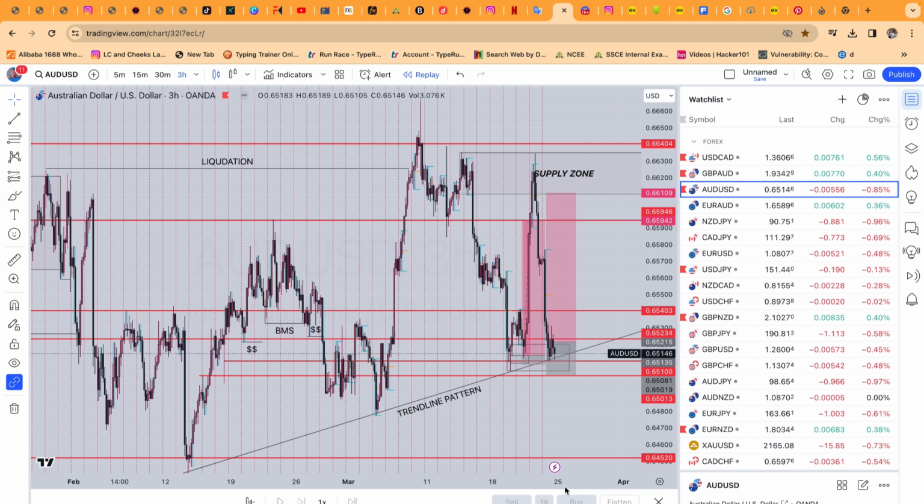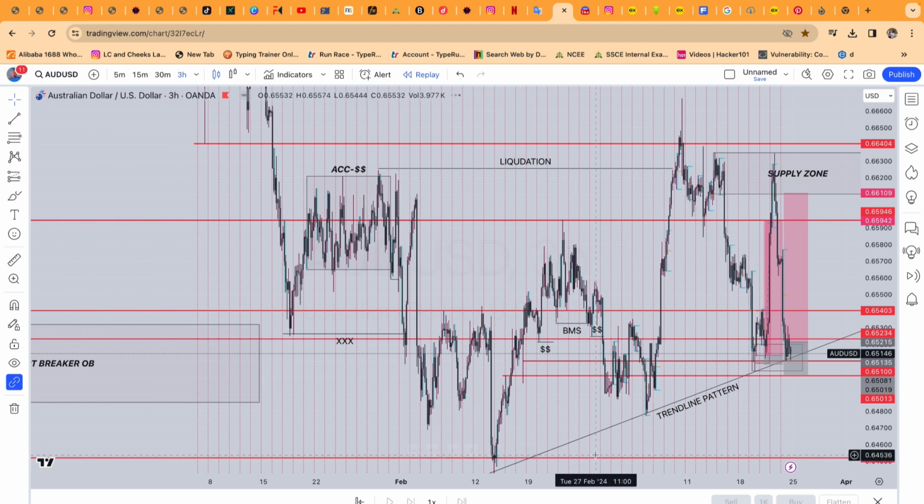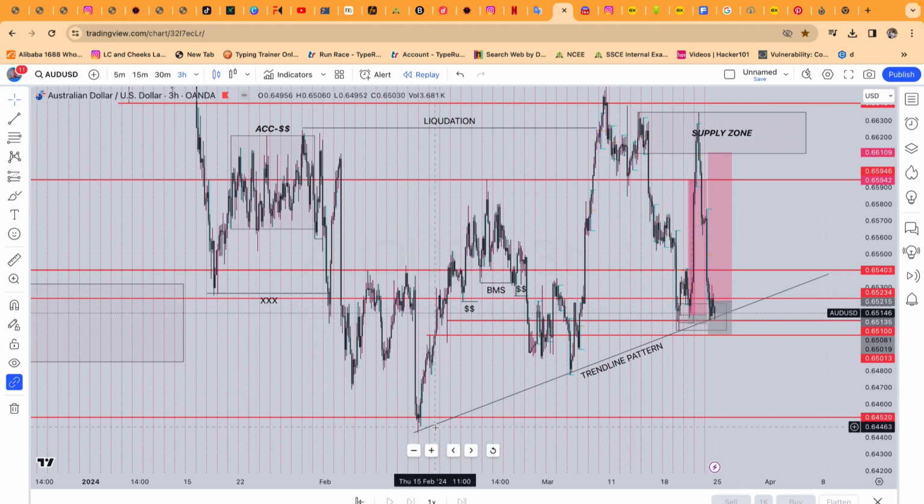All right guys, let's start with AUDUSD. Quickly, I'm going to be doing this. So right here, I use the price pattern formation. You can see there is a difference between trend line pattern and trend line liquidity. So I'm going to be showing you the difference. This is a trend line pattern. Price comes in to tap 1, 2 tries and then bounces, just as that trend line is a reversal point,